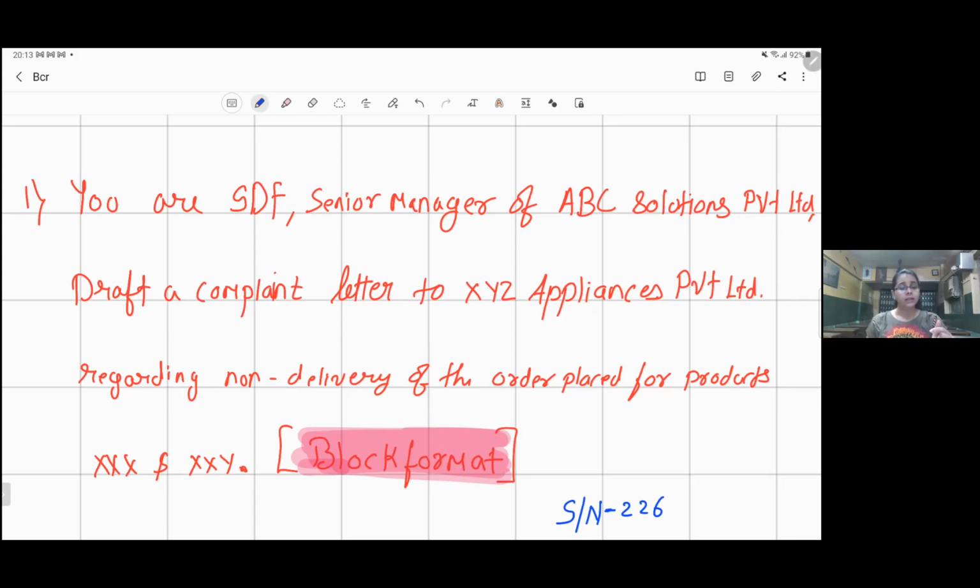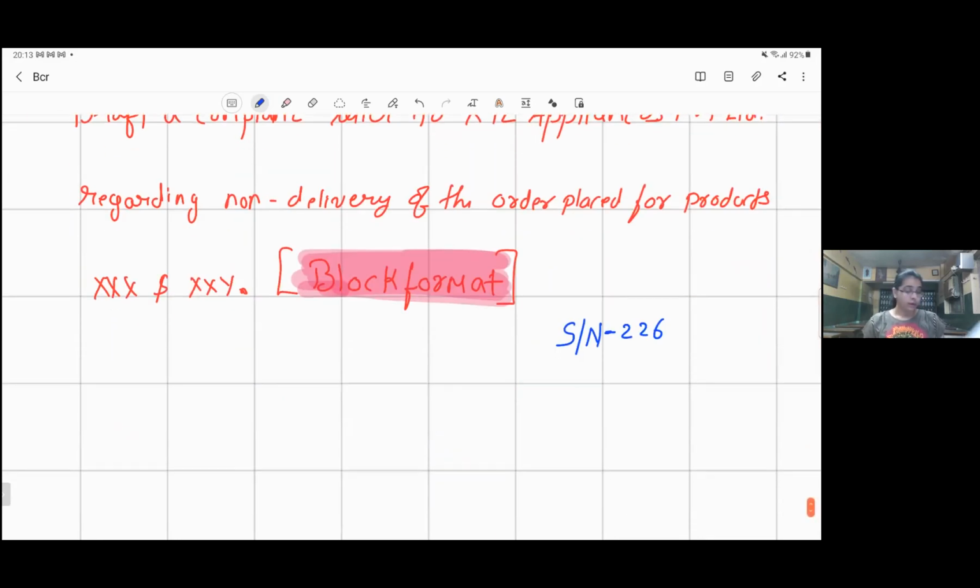Below the address, you all are going to write the date. Below the date, you all are leaving one line and then you all are writing the salutation. And after writing the salutation, you all are again starting your main letter. Clear? Now, next, you all will write the salutation, dear sir, or you all can write dear madam.